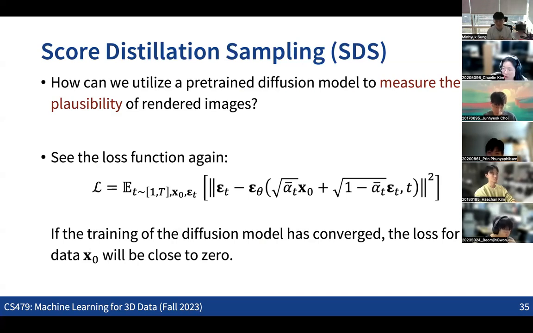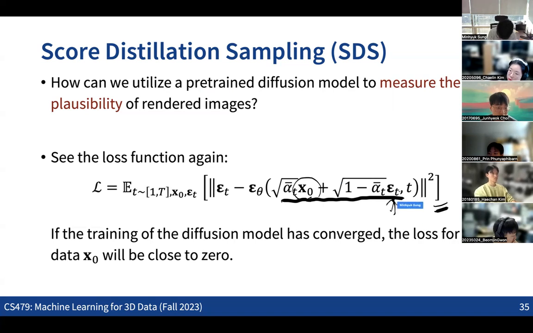So here the key thing is, using the pre-trained image diffusion models, how we can define a loss function that gives some kind of measure of the plausibility of the rendered images. For that, the very basic idea is that if we go back to the diffusion model, in terms of how we train it, as you can see here, we start from some realistic image samples, add some noise, right?